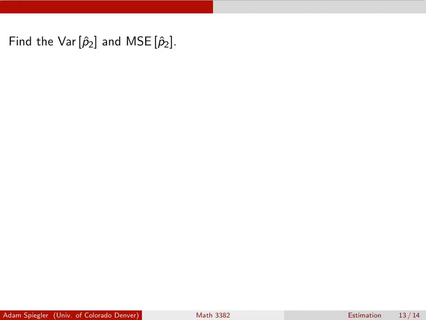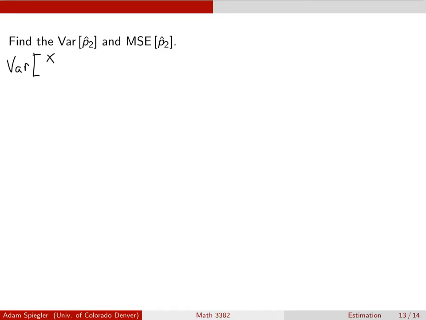This p hat 2 was the one where we said, let's assume we have two more trials. One of them was a success, one of them was a failure. And we showed in the previous slide that this was a biased estimator, although as n goes to infinity, that bias is going to head to 0. So it has some bias compared to the sample proportion, but that bias actually heads to 0 as n goes to infinity. And so let's go ahead and calculate the variance and mean square error for this second estimator for the population